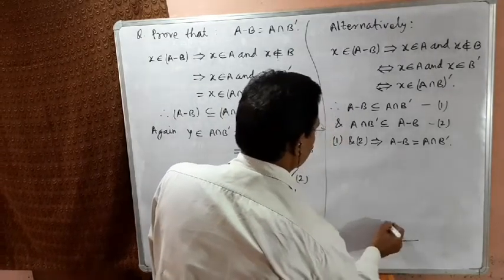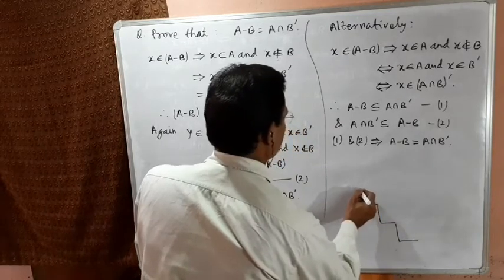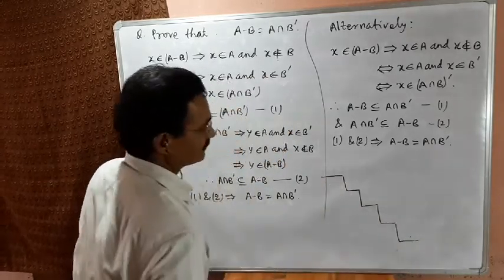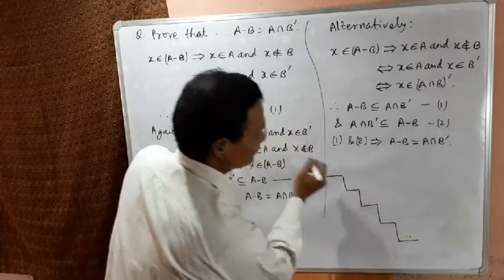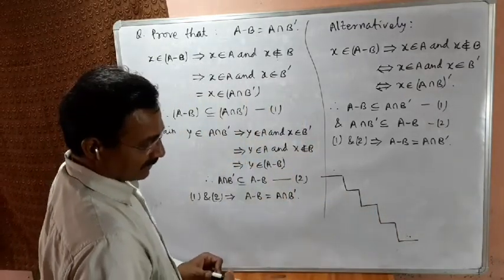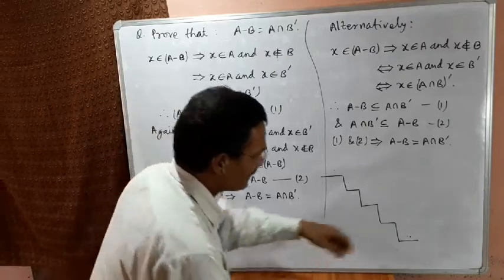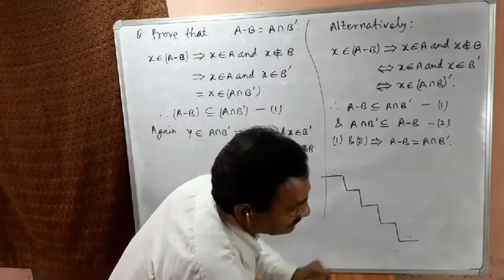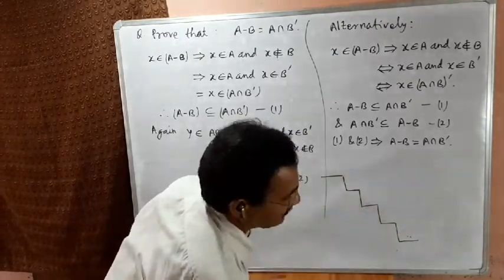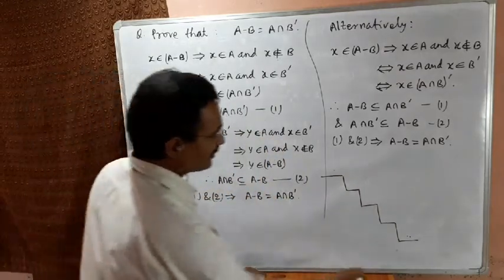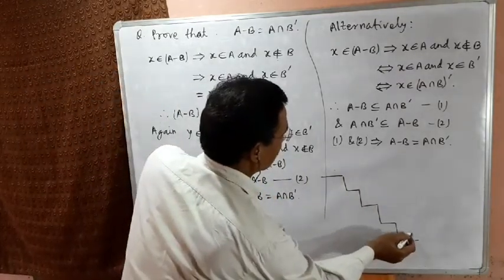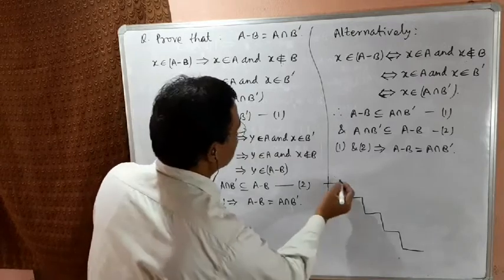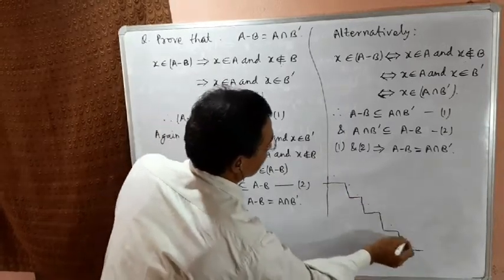Consider one person had to reach from here to here by stepping the stairs. Now the person has to prove that he can go from here to here and again can return from here to here by using these stairs. He can perform first, he starts his journey from here and via this comes here, and next he starts his journey from here and via this comes back here.